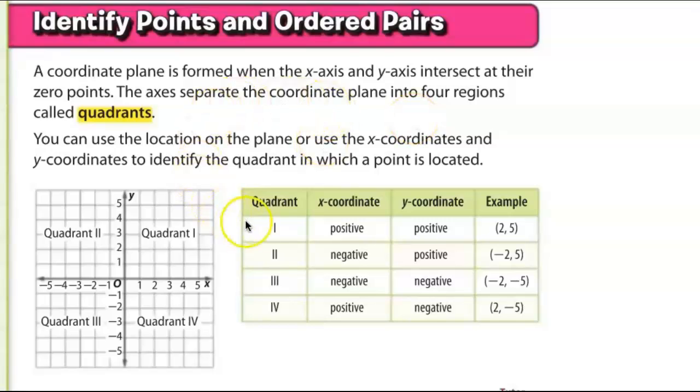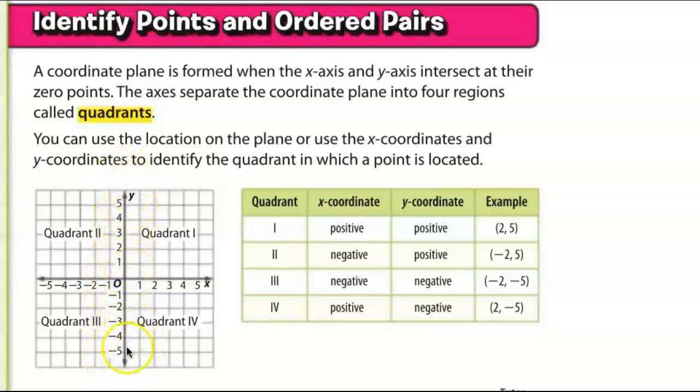This is the notes video for Chapter 1, Lesson 7, and you need to be on page 86. The first thing we're going to practice is identifying points and ordered pairs. We have already worked a little bit with graphing ordered pairs, but we've only done quadrant 1, which are all positive numbers. The coordinate plane, however, when you